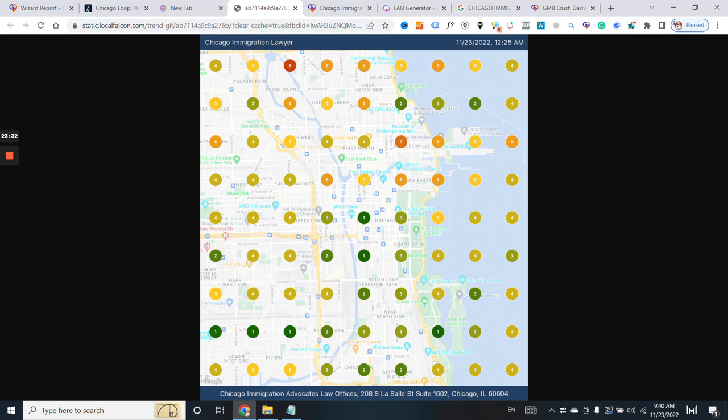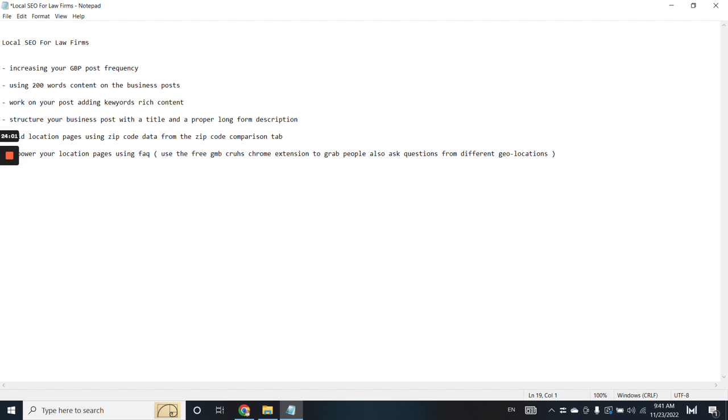So how you can get traffic, for example, from near the west side, how you can get traffic from this other location near Goose Island, Pulaski Park, and so on. So what I recommend here, guys, is that if there is a possibility to get press releases or a guest post or a placement from a local magazine, get PR from local magazines,